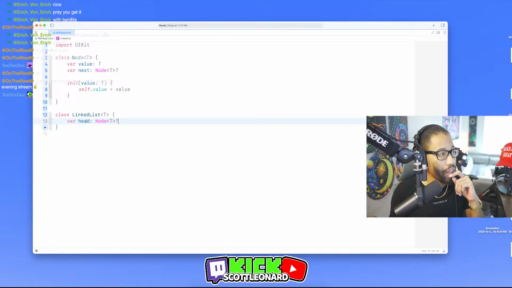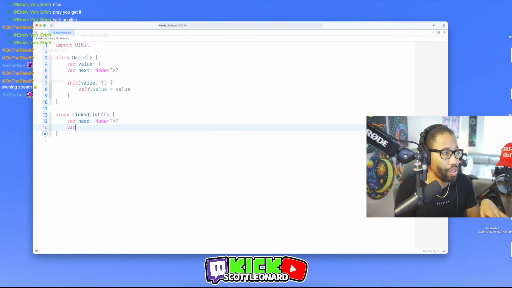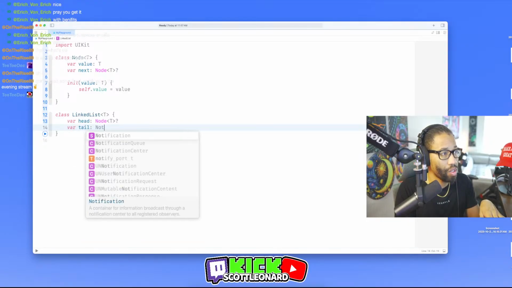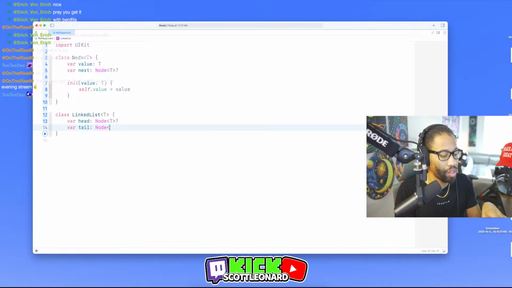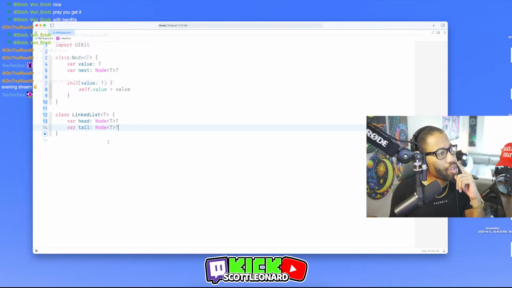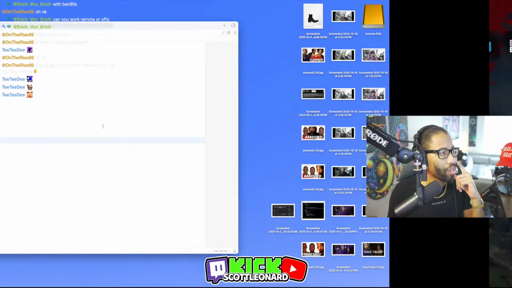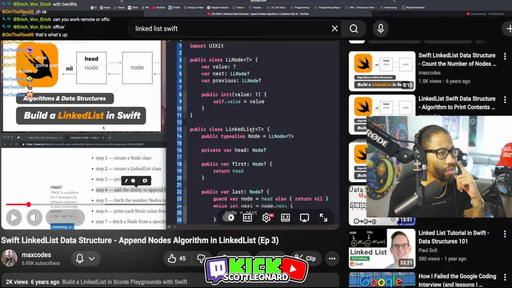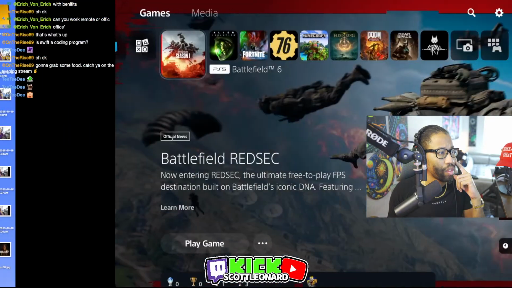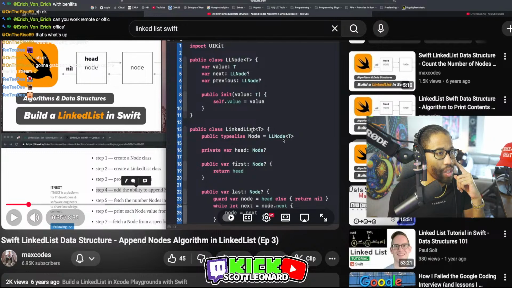And then he had head, he had a tail. I guess we can put tail too, or tail is also a node. Be optional. I'm trying to remember what he was trying to say with the naming conditions. In his example, I'm not sure why he had to do the type alias.